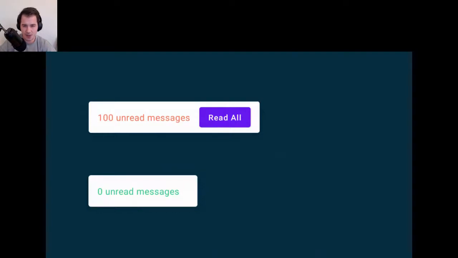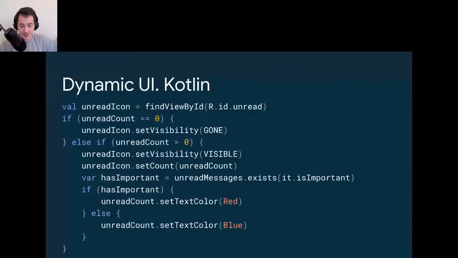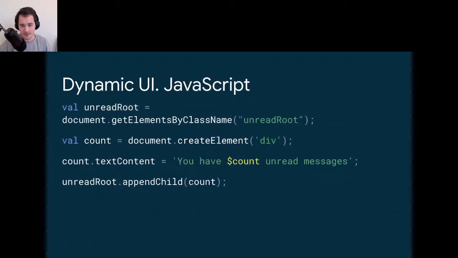You just find a view that you define somewhere in XML, which is very declarative, right? But it doesn't accept any state. So you have to perform changes on it manually, set visibility to gone on one thing, or if read count is 0, remove the thing. If read count is more than 0, make it visible, change everything, change this color, etc. It's not only an Android problem. We have the same in JavaScript. In JavaScript, you can produce some HTML, and then you have to get element by class via jQuery or whatever, and then change it. It's very fragile.